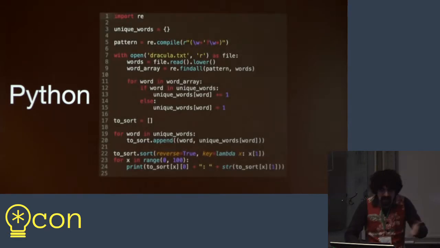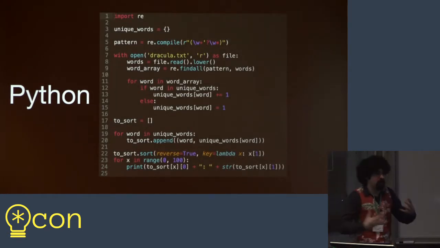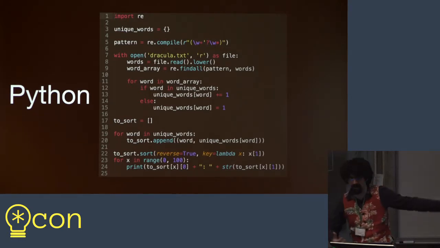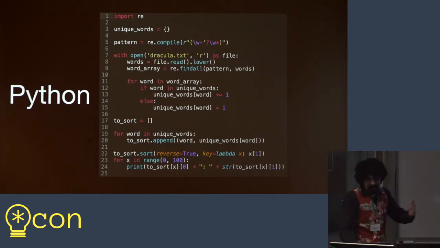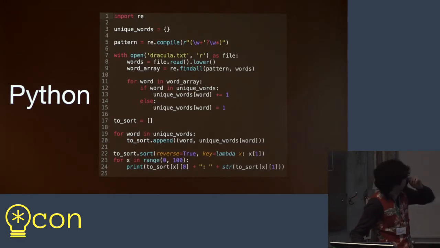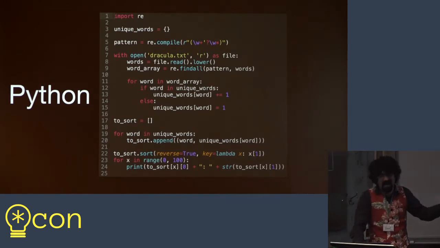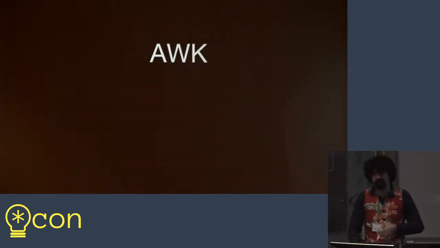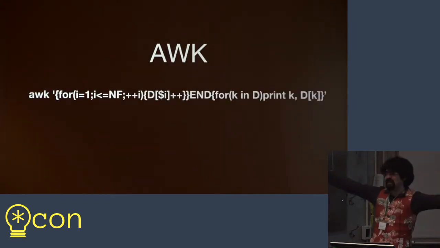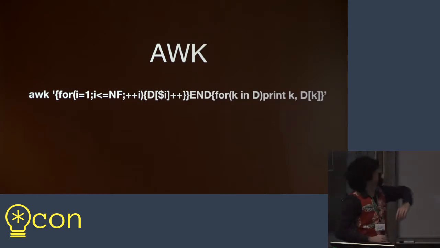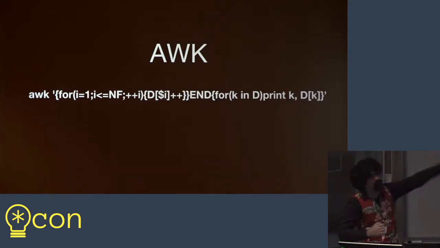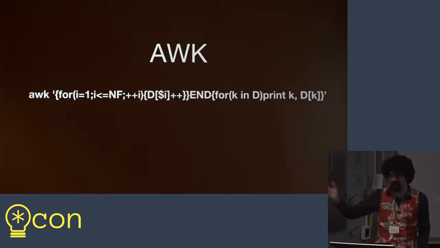And then we look at Python, and OK, now we're kind of getting somewhere. I work professionally with Python daily, so it only took me 3 Stack Overflow references to come to this in a couple of minutes. And hey, this is pretty clean. It's only 25 lines. And I threw in a sort at the end to make it alphabetical. So that's pretty cool. And so now we have awk. There it is. This is the entire program to count word frequencies in any given file that you give it.